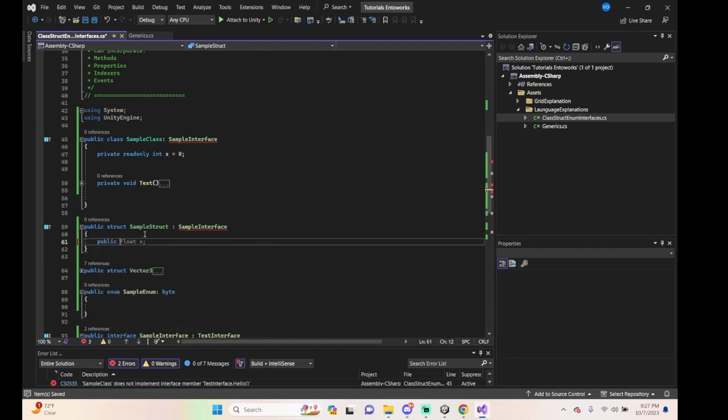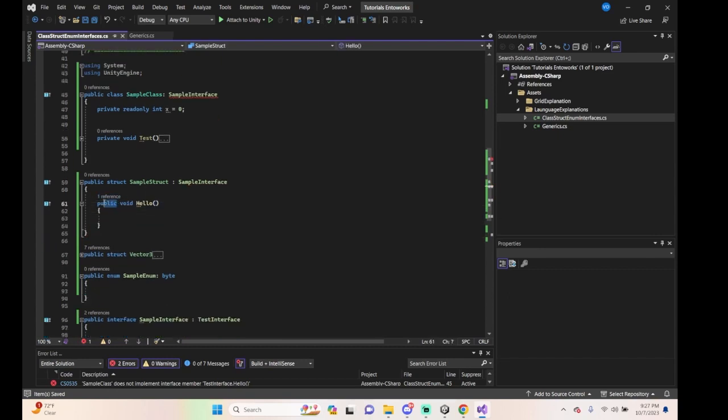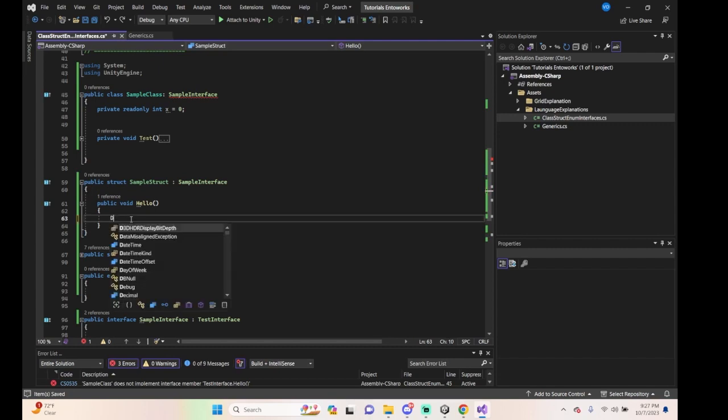Public has to be public. Void hello. I think it has to be public. Well, does private work? Let's see. No, it gets mad at you. And then you could do like debug. I'm not gonna actually run this, but you do debug.log, log warning,